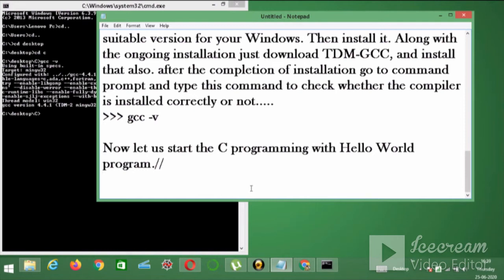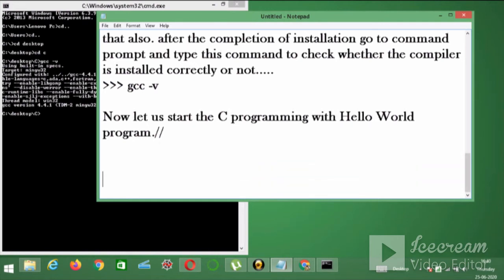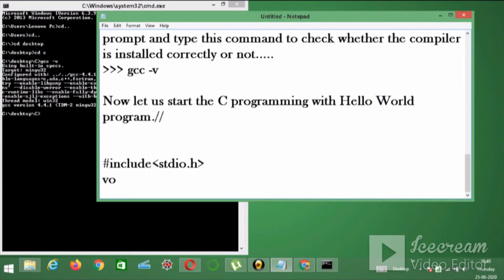We will print hello world, which is the most basic program in the C language. So let us start. We'll start with a hash include, including a file which is stdio.h, then closing, then void main,